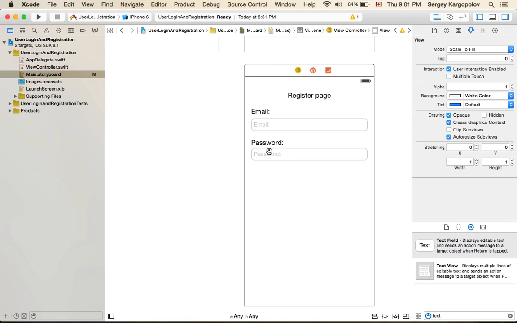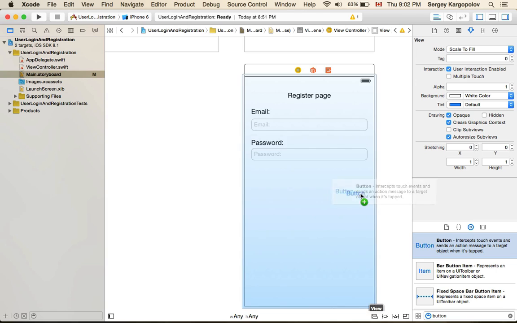Okay, so we have email and password, and normally a registration page will have 2 fields for passwords, like password and then repeat password, to make sure that the user enters the password correctly and does not mistype it. Then you match the 2 passwords, and if they do not match, you let the user know that the password is not correct, please retype it. But to make it simple and short, we will create 2 fields only, and then we'll create a button,